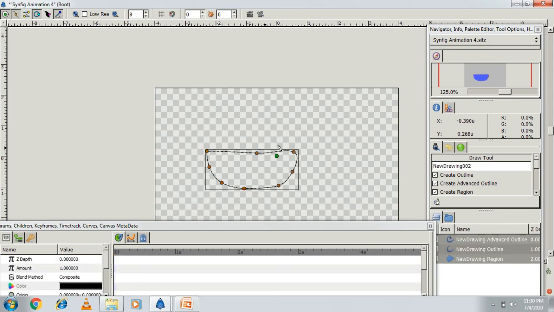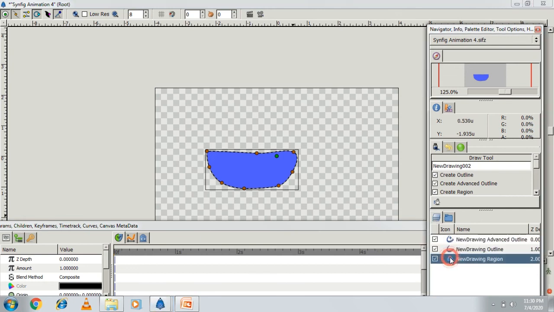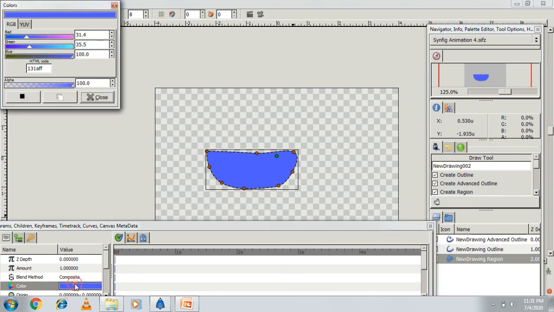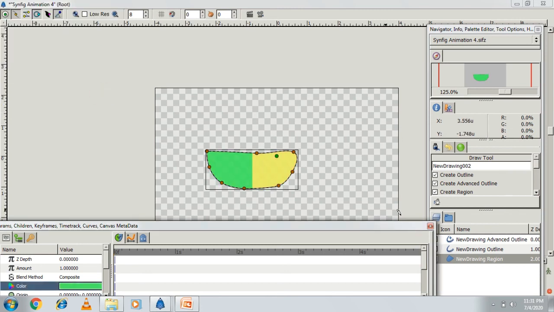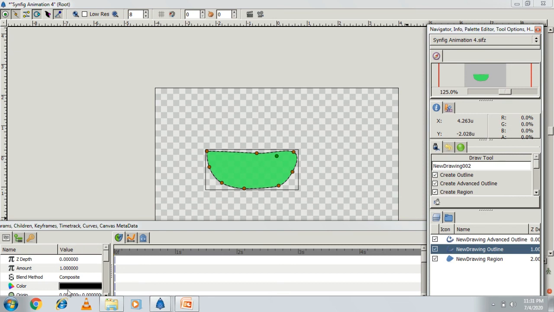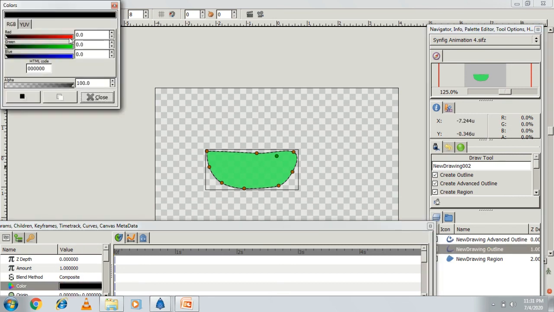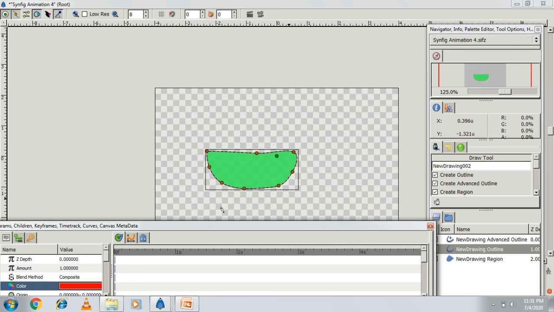Done. After that, if you want to change the color, you can change it from here. Okay, like this way you can change. If you want to change the outline color, student, you can change the outline color also, like this.